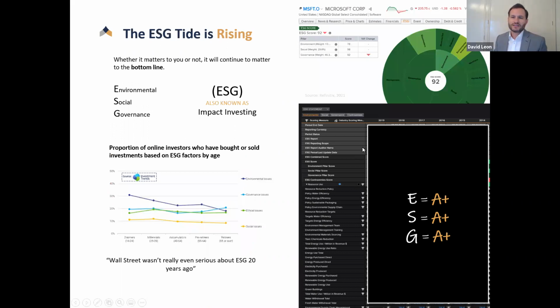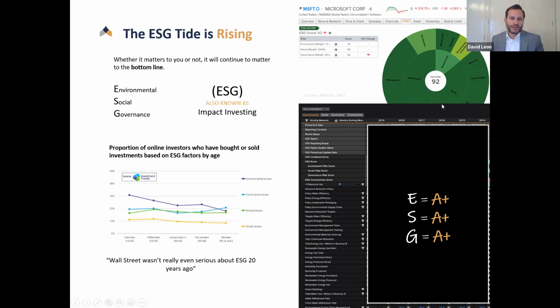One of the thematics that we have seen at the coalface growing exponentially is the concept of impact investing, also known as ESG. As far as tools that we use, our friends at Refinitiv have some fancy whiz-bang analytics deep dive, which allows me as an investment advisor to deep dive into an individual stock. This has been very popular with our clients.